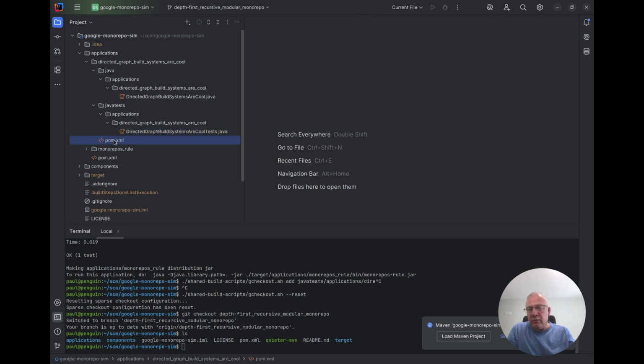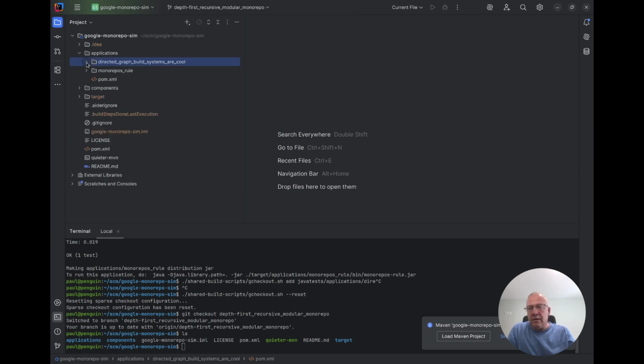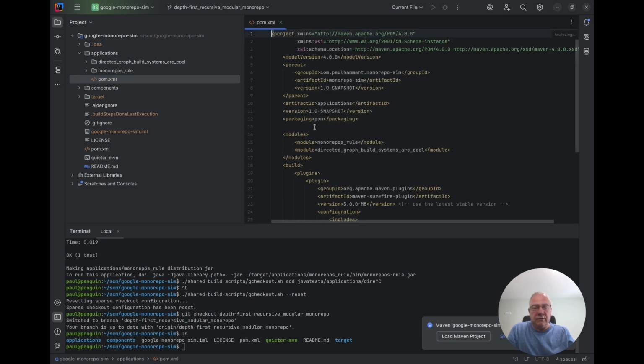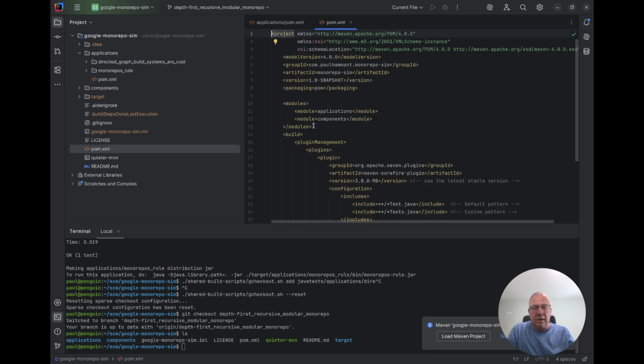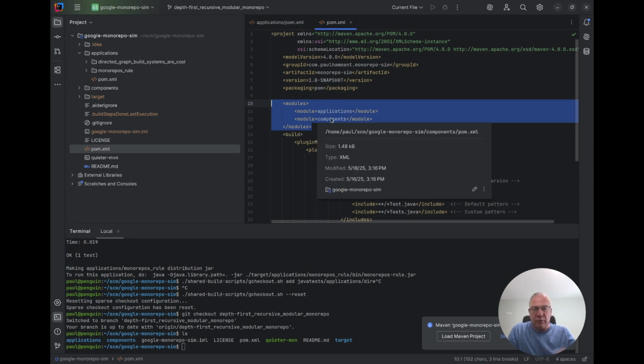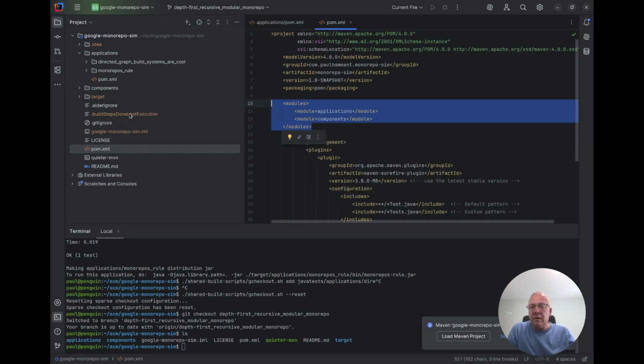Everything has a POM, every module has a POM, and then interestingly for Maven, parents of modules are also modules that have a POM that themselves don't make a jar, but this is necessary for recursion into the other two. So I have module declarations here for the two modules. It doesn't matter about the order. And then right at the outermost level, I have a naming of applications and components as child modules of where we are. So anyway,